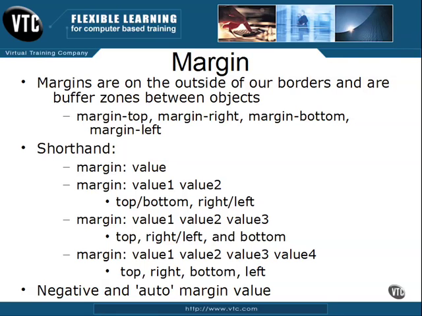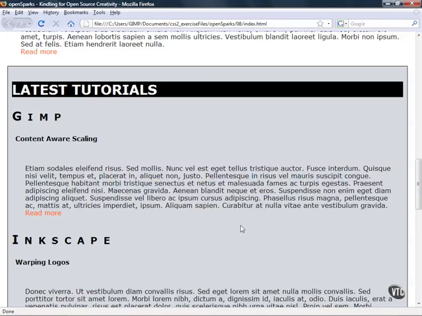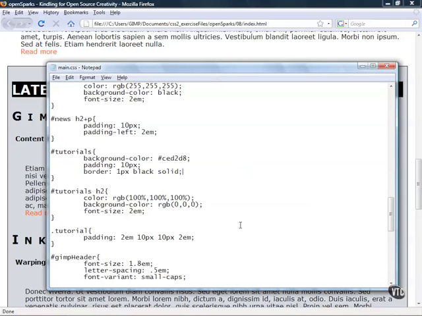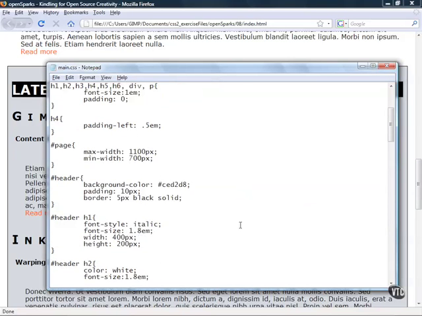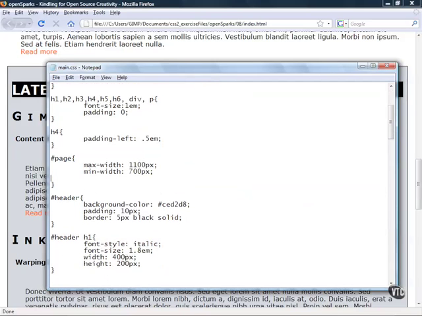Now, with all of that in mind, let's go ahead and jump into our project and start adding in some margins. So I'm going to go ahead and jump over here to the main.css, and the first thing I'm going to do is I'm going to jump up here to the top, and I'm going to modify this page rule and set the margin to auto. Now, to really see this in effect, I need to change my max width here to something that I can really see inside of my browser. Whenever I get done with this, I'll change it back to the 1100, but for now I'll just change it to 700. So I'll go ahead and save that